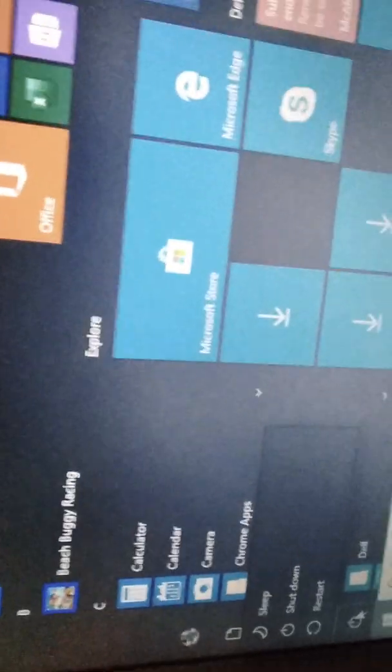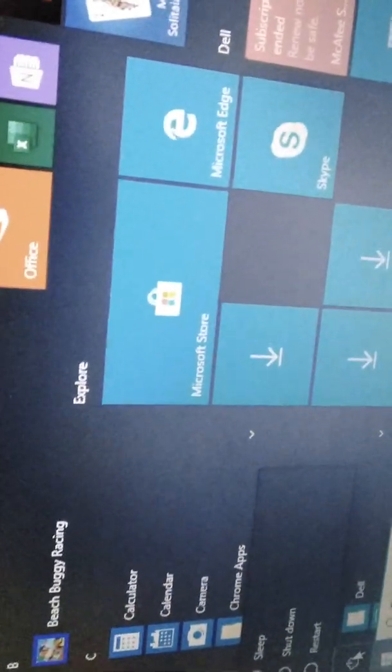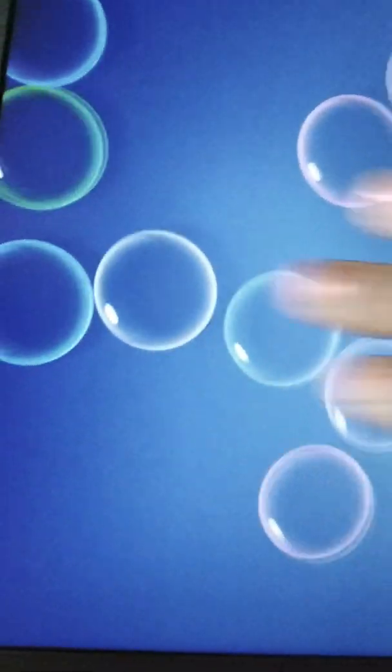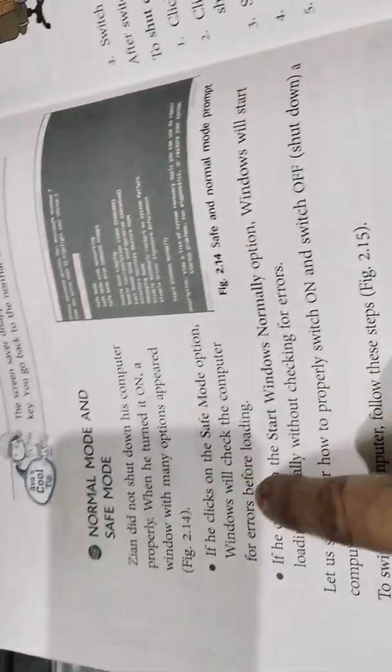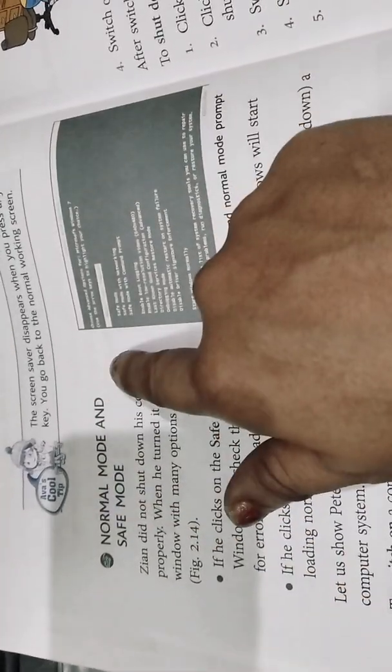When you do not shut down the computer properly, there are two modes: normal mode and safe mode. In this mode, see here, I have not touched the computer, and the screensaver bubbles have started coming. So you can see also in the chapter that there are normal mode and safe mode.